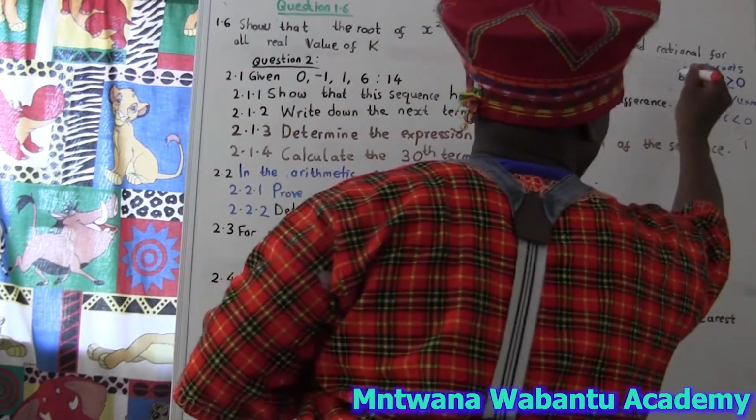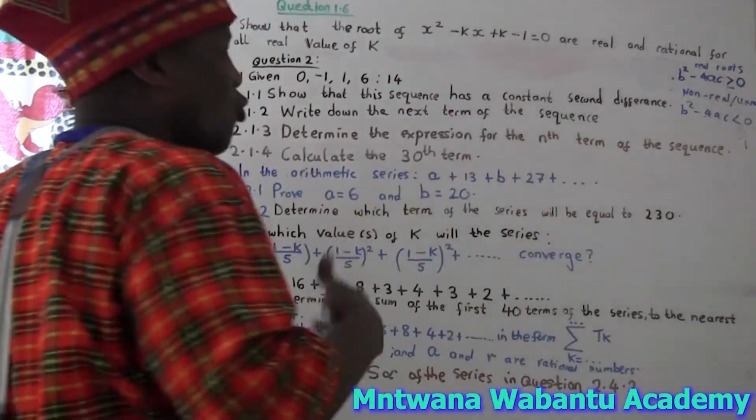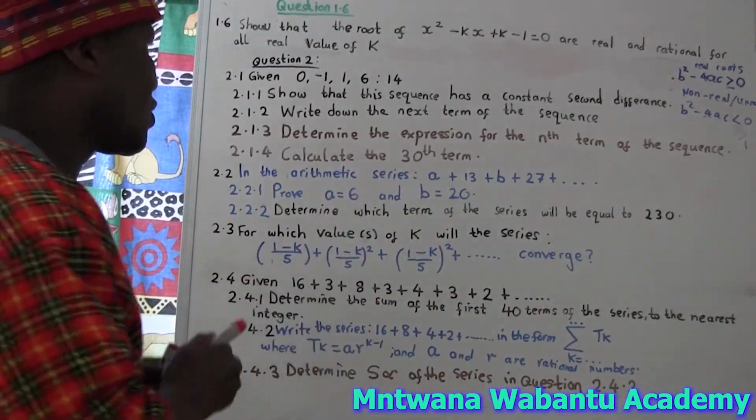Which condition are we going to use? We're going to use this. And at the same time, it's going to be rational, for rational values of k. Oh, okay. So now what I'm going to do,